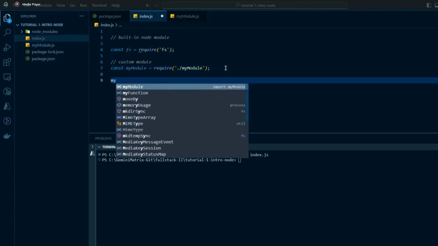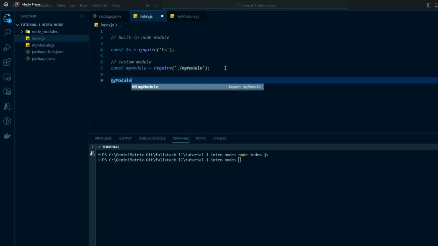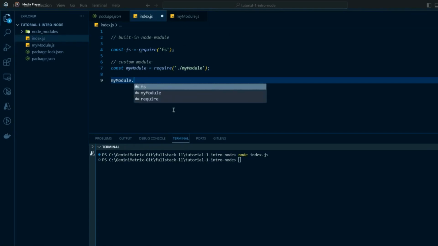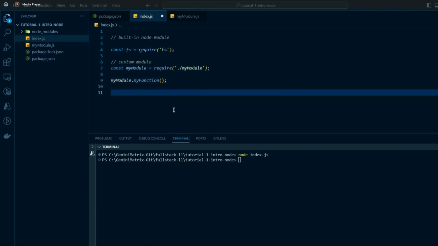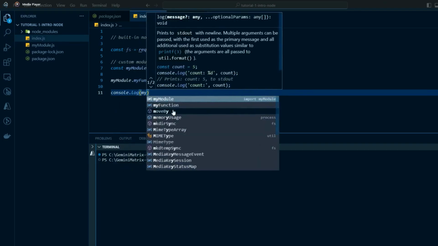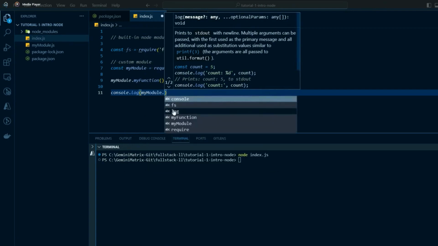There's no errors, which is good. Now we want to try to invoke and call some of these things that we have in that module. So we want to call the function, and we call a variable. And one tip is IntelliSense isn't picking it up for us. So if we do myModule.myVariable, you'll see it's not defined in our